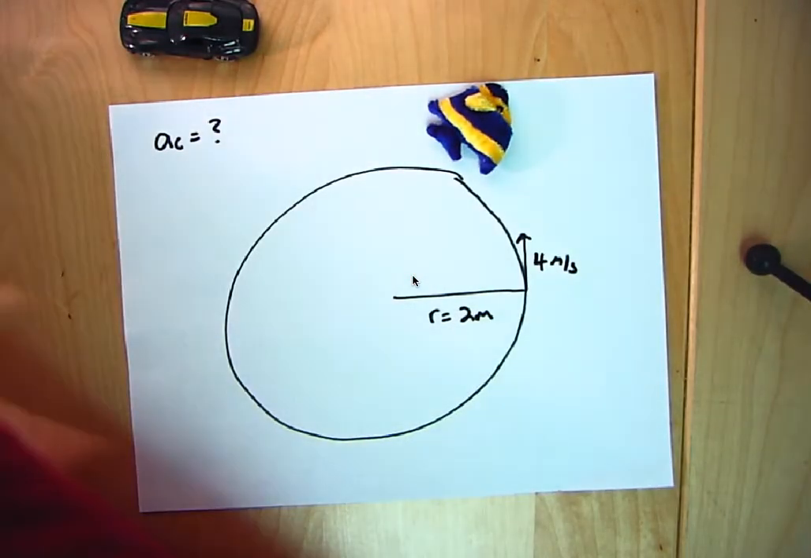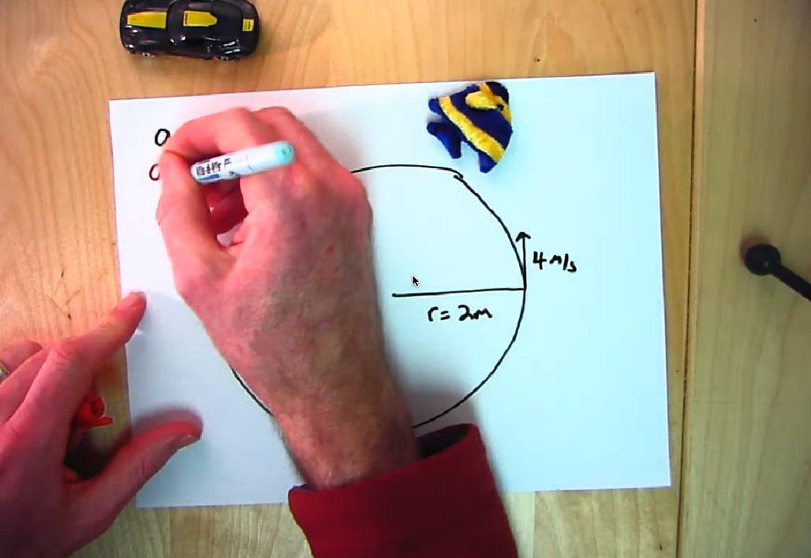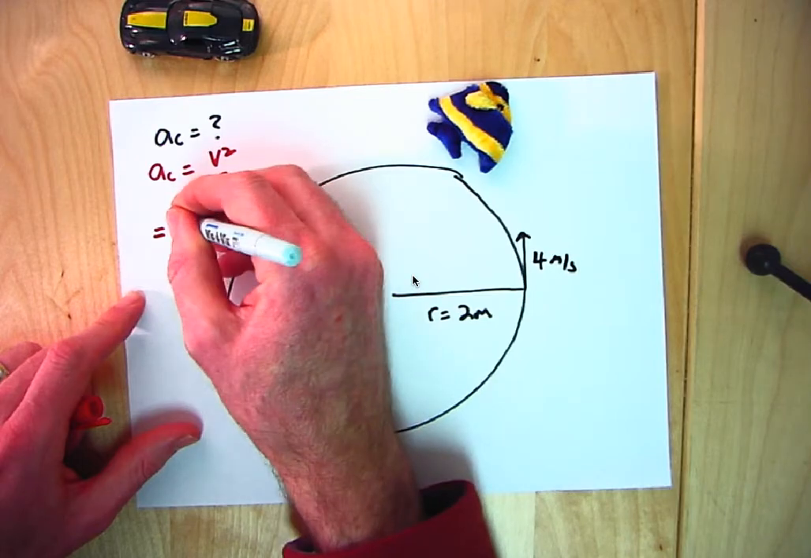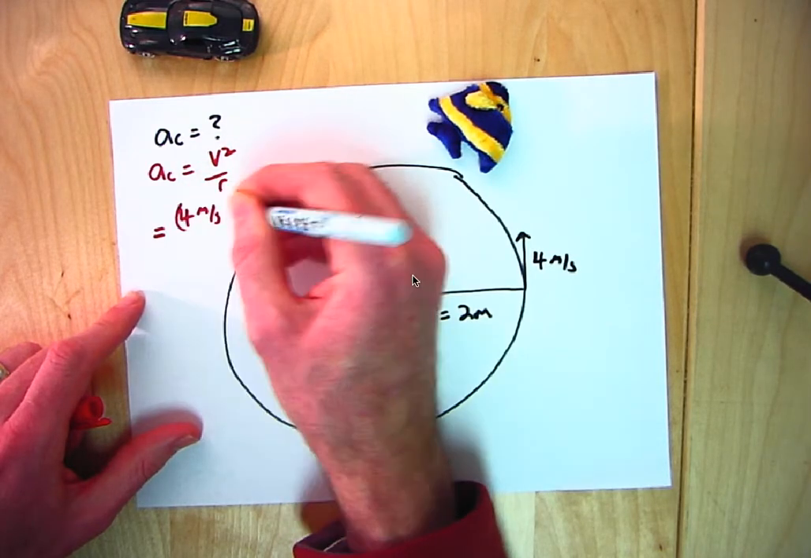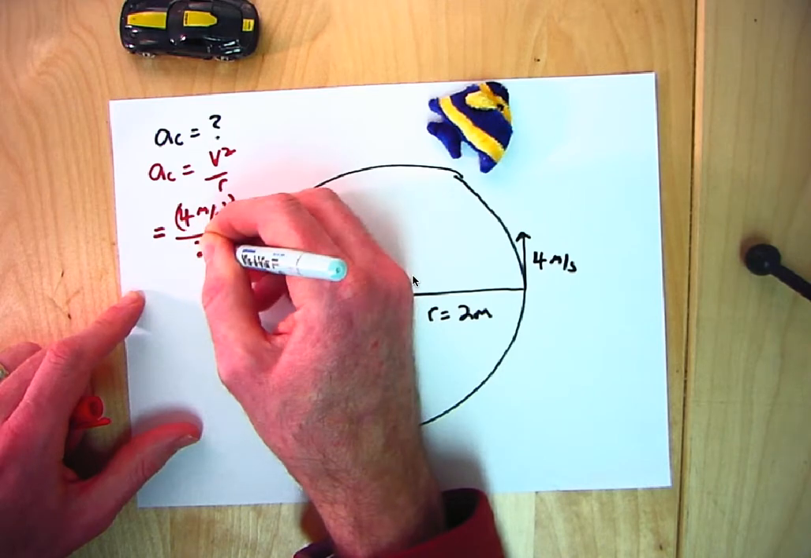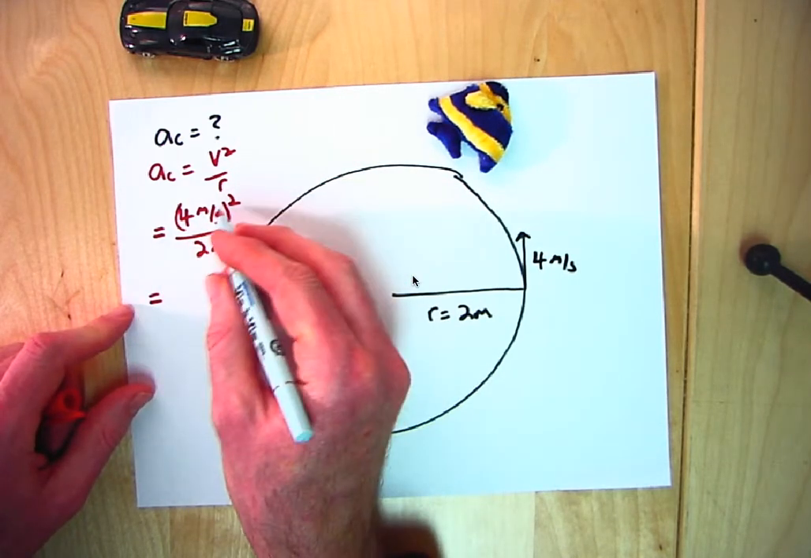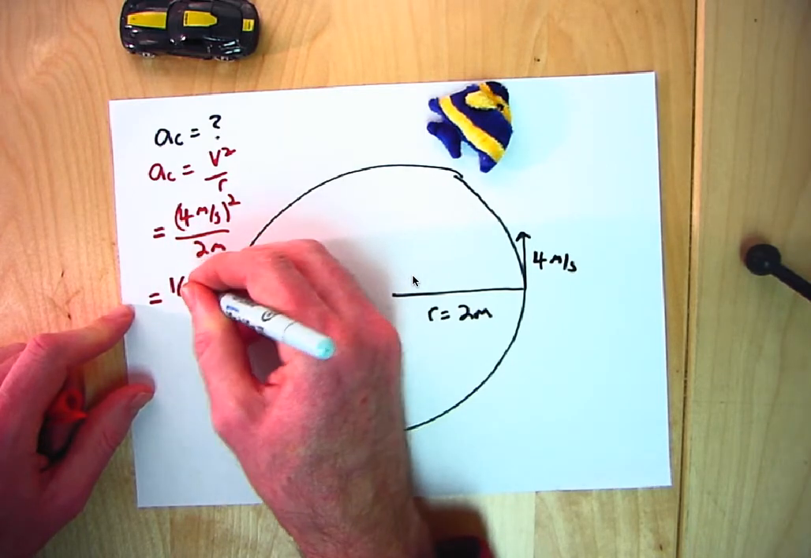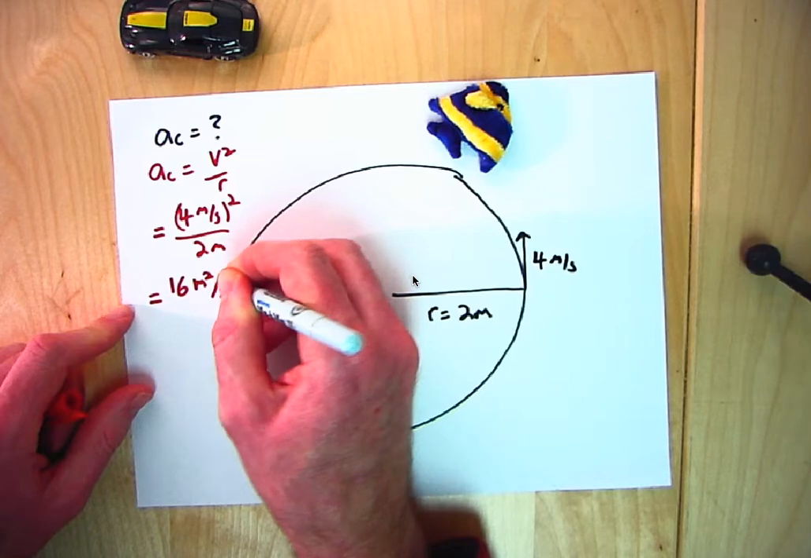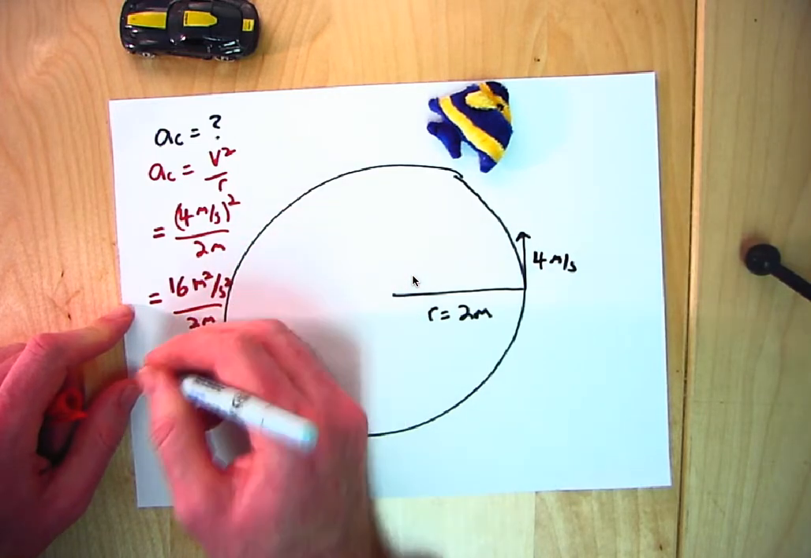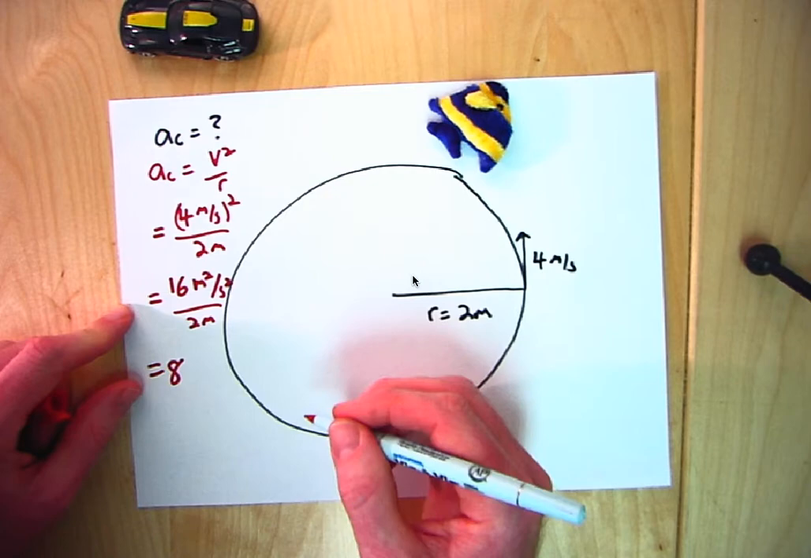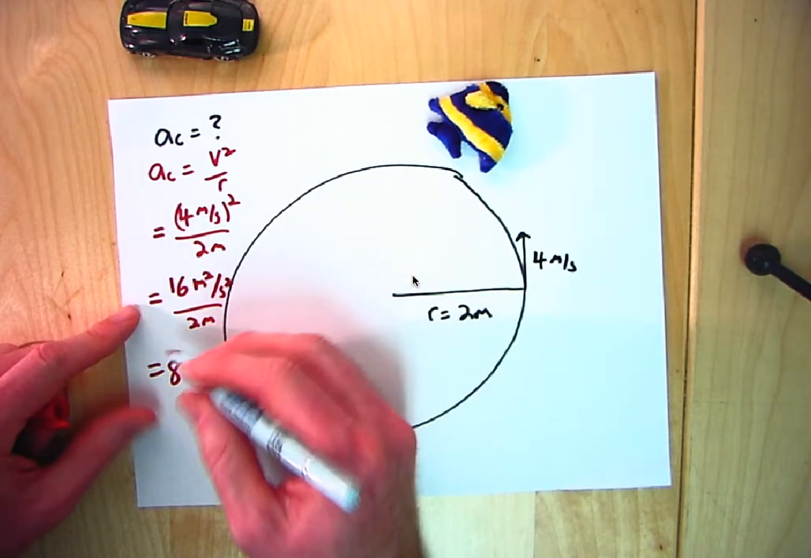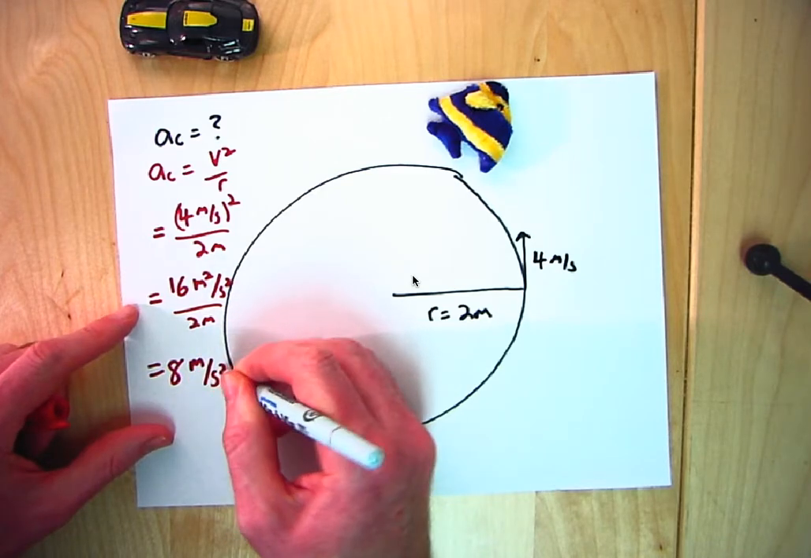Good, easy to do. The formula just says a_c is v squared over r. So that's going to equal (4 meters per second) squared divided by 2 meters. I'm going to keep the units going here. So 4 squared is 16 meters squared per second squared, divided by 2 meters. So that's going to give me 8. And check out what the units are going to do. Meters squared per second squared divided by meters is going to give me meters per second squared,